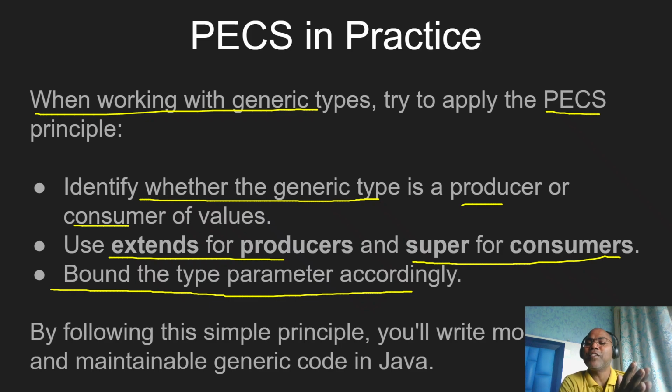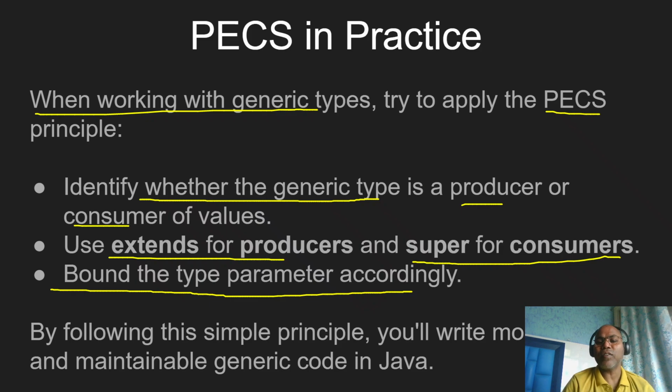It is a very, very simple principle, because producer and consumer is a very common principle. Whenever we learned in college, producer produces data, consumer consumes data. Here, instead of producing, we can say writing in the method. If a method returns a value, that means it is producing something. Let's use extend here for those types. And if the method is consuming a value, that means receiving the value, consumer means you can use the super.